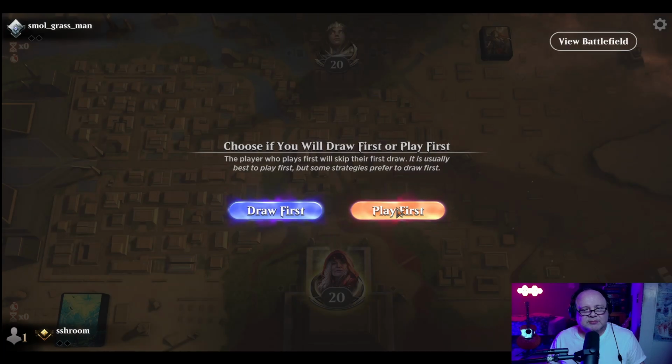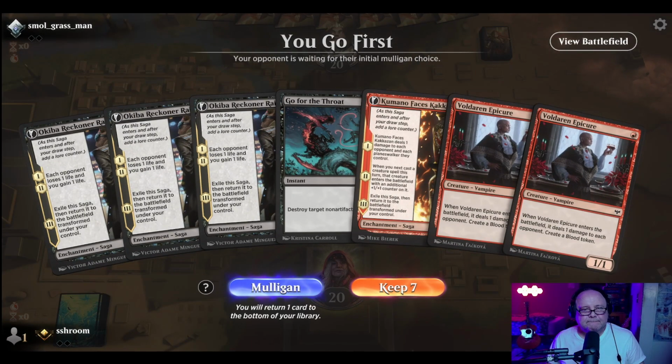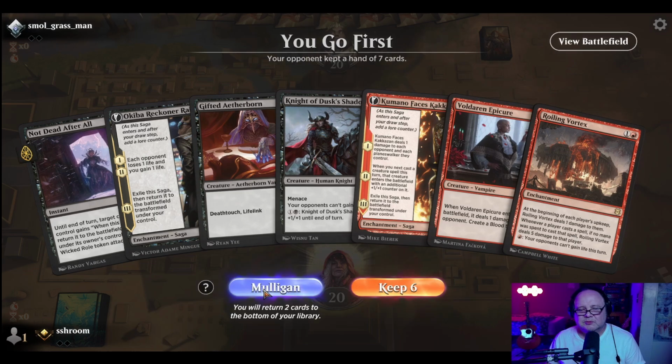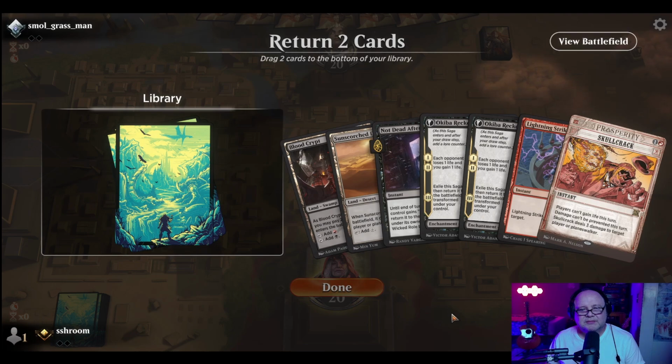Small Grassman is our opponent. Will be on the play. That's a 0-lander, so we have to mull that. That's another 0-lander. Alright, we're starting on 5. We'll bottom